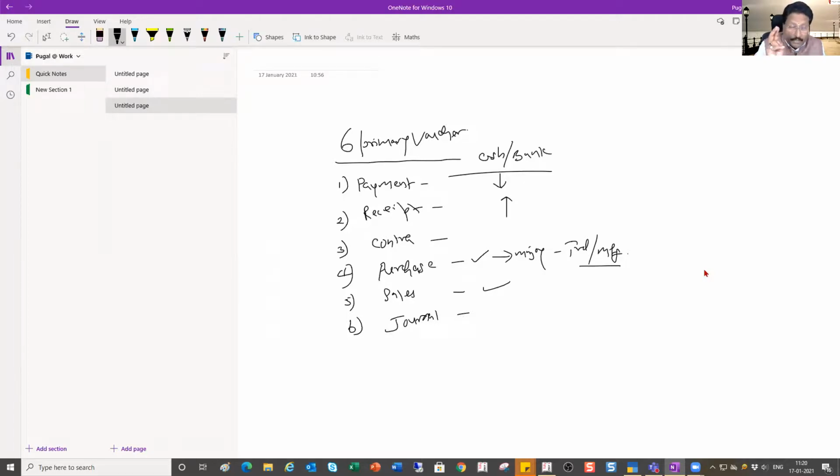In one of our previous sessions we discussed what their parent groups are. Ideally, freight inward is a direct cost, so it is under direct expenses,